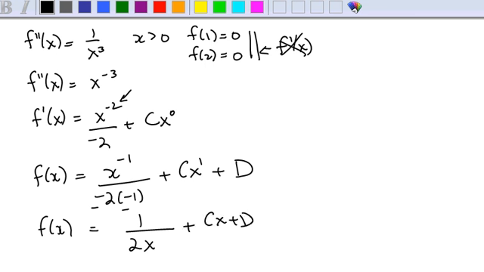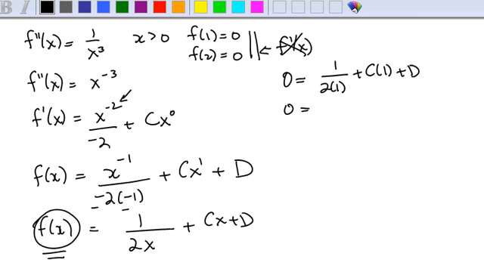Now I'm going to apply my conditions, and the conditions are related to the function. So when x is 1, the function is 0. This is when this is equal to 0, when the x equals 1. So I've got 1 over 2 to the 1 plus c times 1 plus d. So I got 0 equals 1/2 plus c plus d. And that gives me 2 unknowns, so I can't solve it at the moment, but I do have a